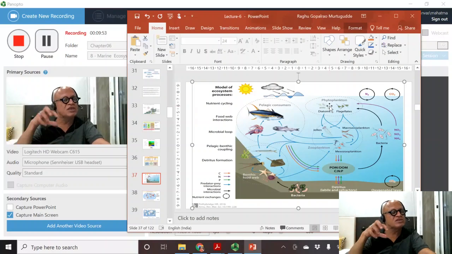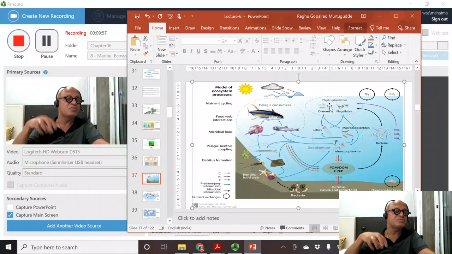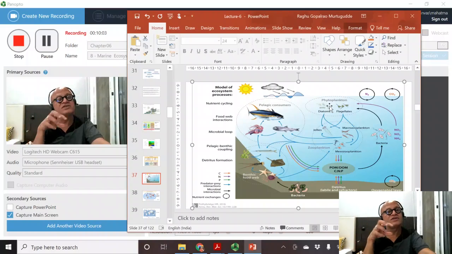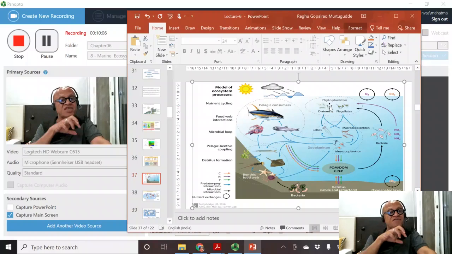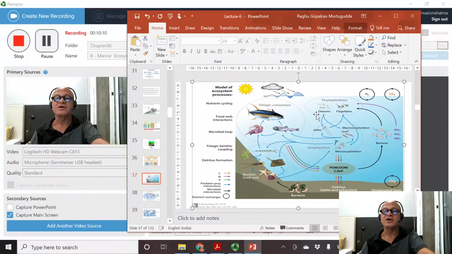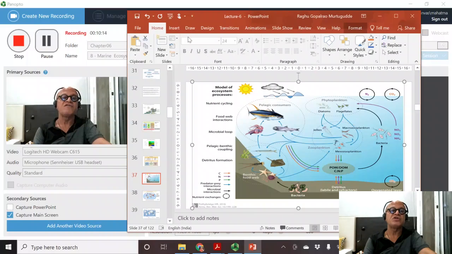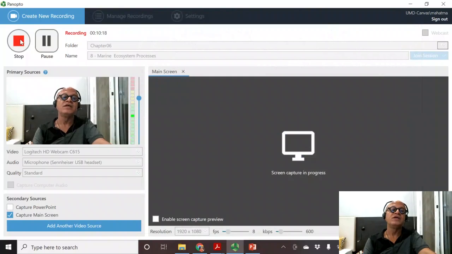So we have to understand both the solubility pump response to global warming, as well as the biological pump response, and we have to understand the impacts of ocean acidification on things like diatoms and coccolithophorids and corals and so on, which are very critical for overall productivity and biodiversity. So that's the story of the marine ecosystem.